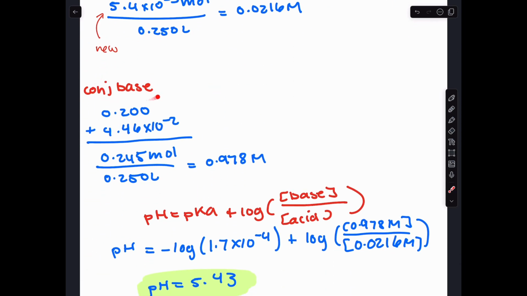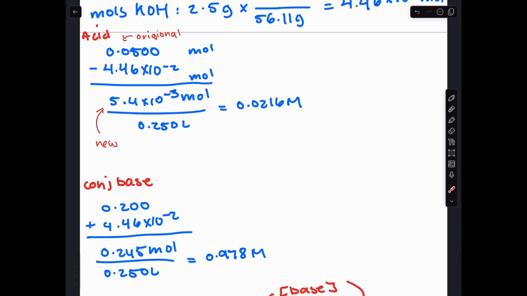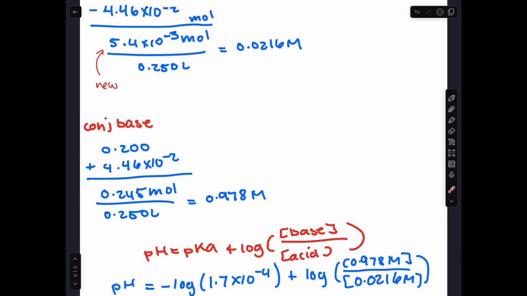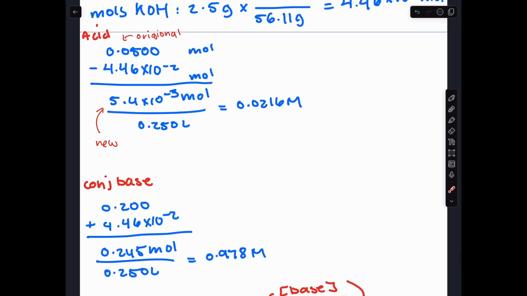And you're going to do the same thing for the conjugate base. You take the 0.2 moles of base and add the KOH, because now you're doing base and base. You'll be adding, and you'll get 0.245 moles per 0.250 liters to get your molar amount for your conjugate base. So now you have the two molar amounts for acid and base,